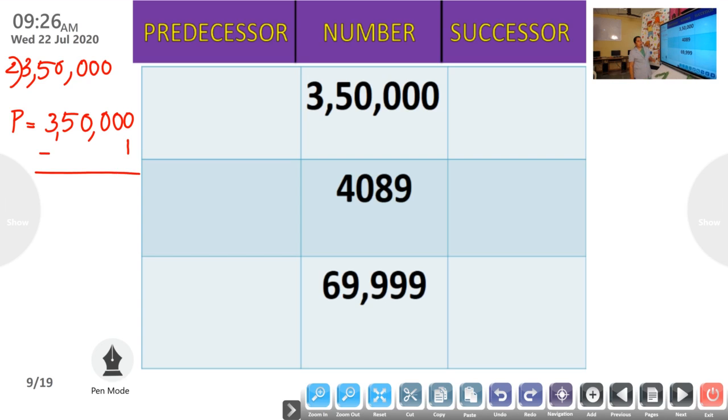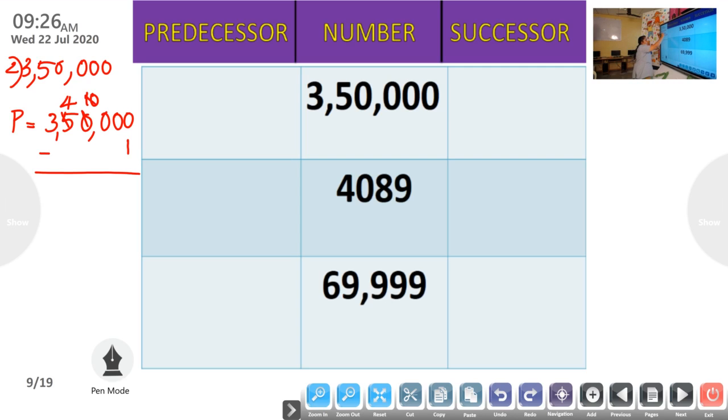So 0 minus 1. Is it 1? No, it is not 1. 0 is lesser, so what do you have to do? You have to borrow. Can you borrow from 0? No. So you have to borrow from the 5. Cancel this 5. Take 5 fingers in your hand, then borrow 1. How much is remaining? 4. So this 1 and 0 becomes 10.